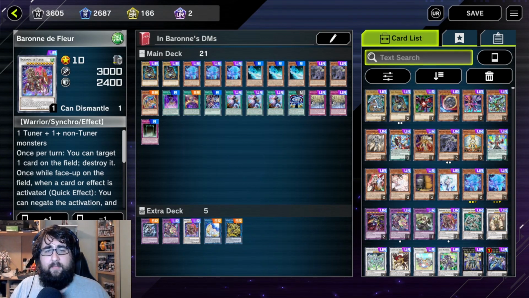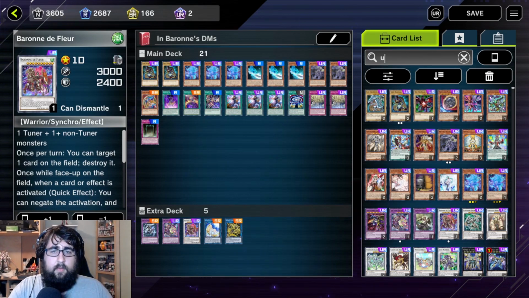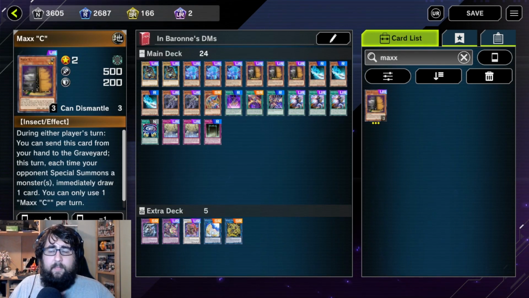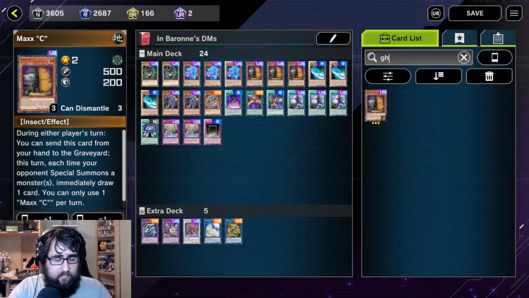Alright, so past that, we're good. So we want our hand traps. We want our big defenses, so... This one, I'm kind of iffy on nowadays. It just hasn't come up nearly enough for some reason. It just doesn't feel like it. Oh, right. Yeah, we'll do that, and then...